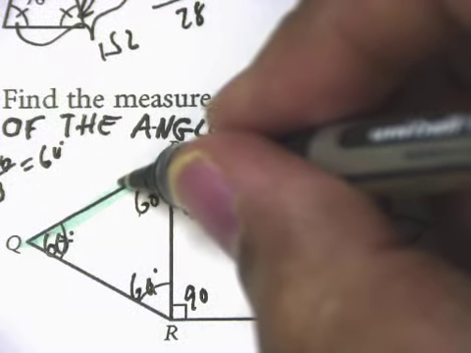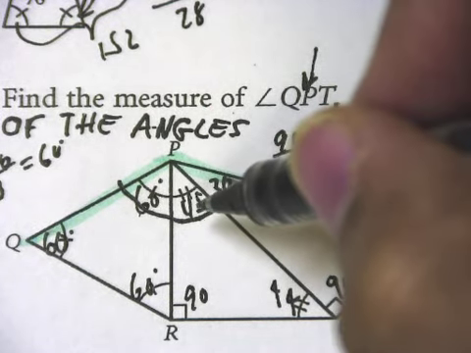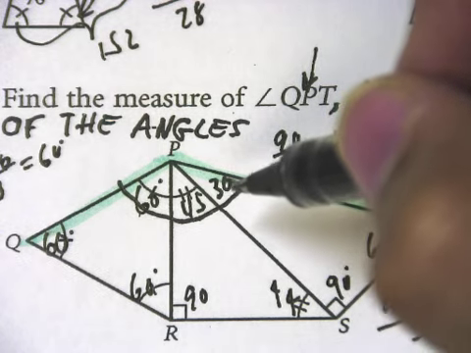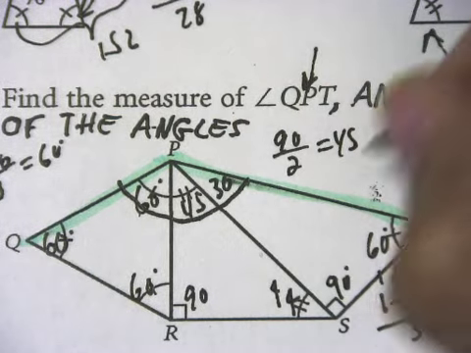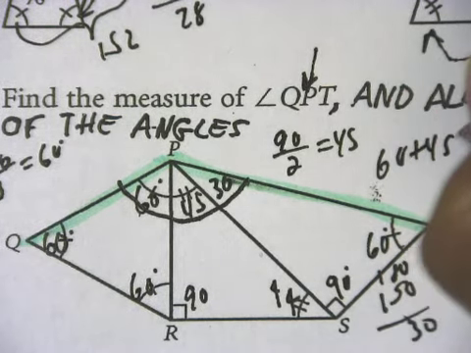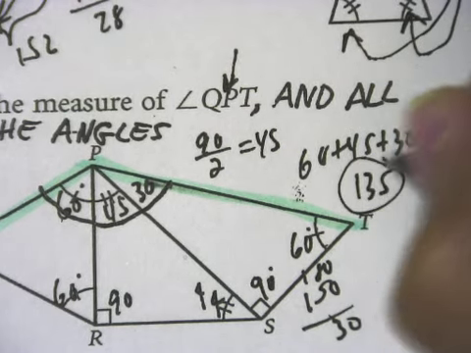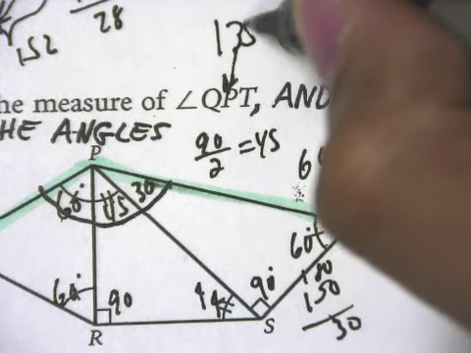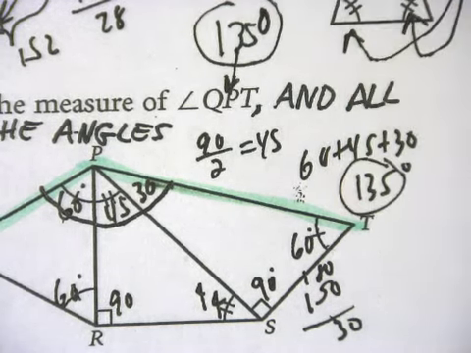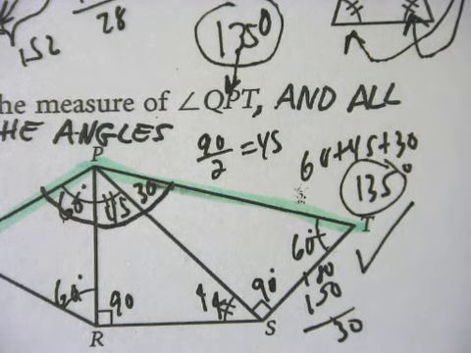But now they want the measure of angle QPT. Well, here's Q to P to T. It's that big angle there. And the vertex of my angle is P. So here's my vertex of my big angle there. So that's 60 plus 30 plus 45. I know that 60 plus 30 is 90. And 90 plus 45 is 135. So if I add all these together, I get 60 plus 45 plus 30 is